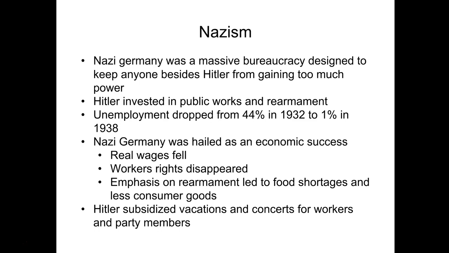Hitler realizes that he's going to need to stimulate the economy because unemployment was at 44%, so he invests heavily in public works and also, in defiance of the Treaty of Versailles, in rearming the German military and building up the Air Force, the Navy, and the Army again. So he sees a drop in unemployment from 44% all the way down to 1%, and that's a huge change. So the Nazi German economic policy is successful because he sees the rise of wages,